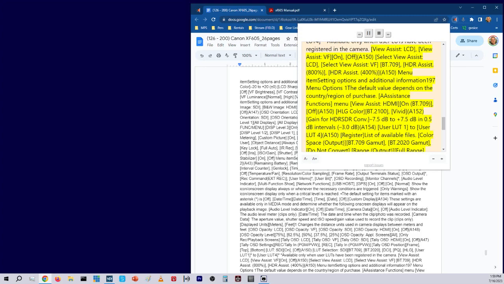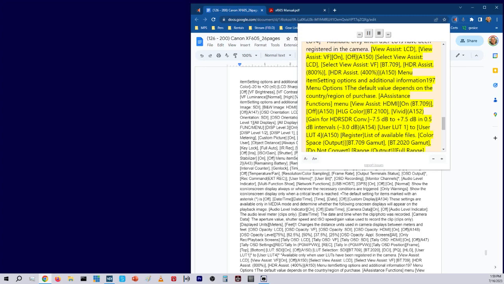HLG color: BT.2100, vivid, page 152. Gain for HDR SDR/CONV: minus 7.5 dB to plus 7.5 dB in 0.5 dB intervals, 3.0 dB, page 154. User LUT1 to user LUT4, page 150: register,